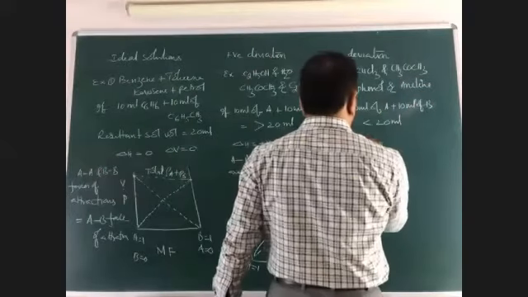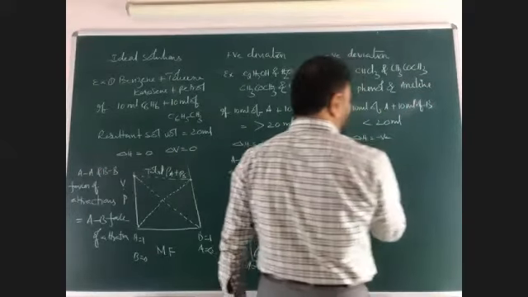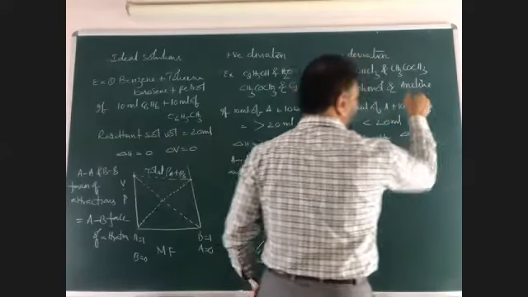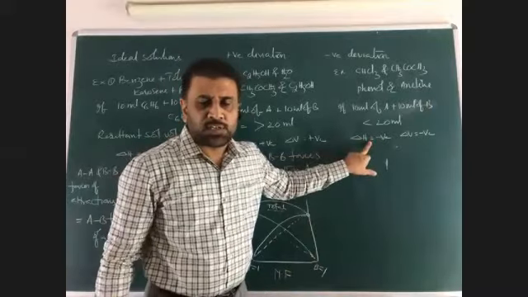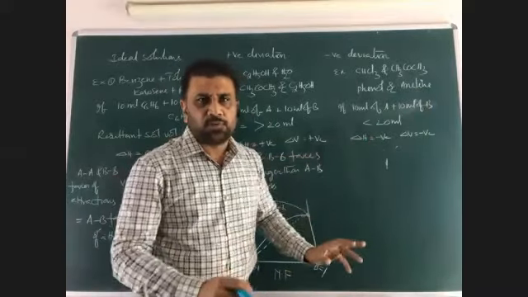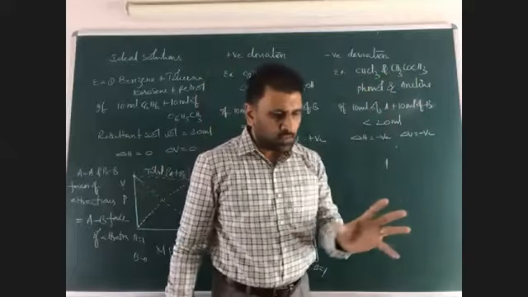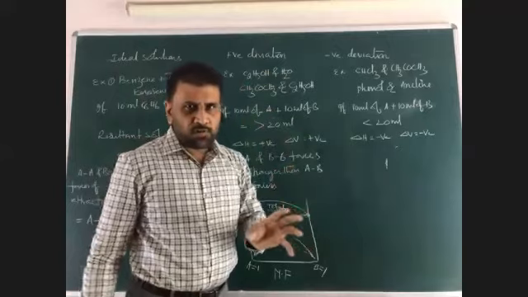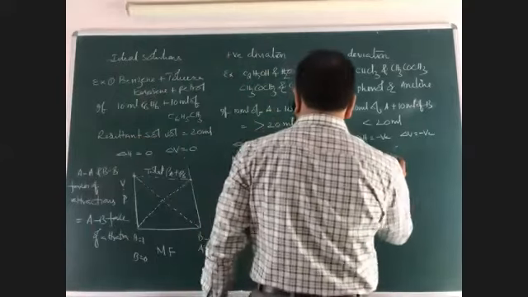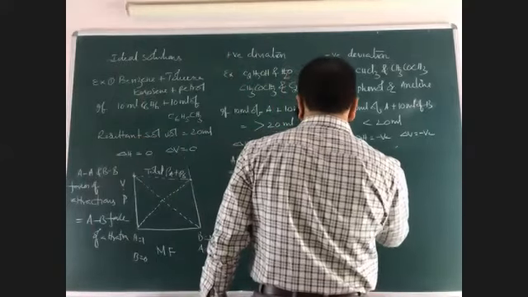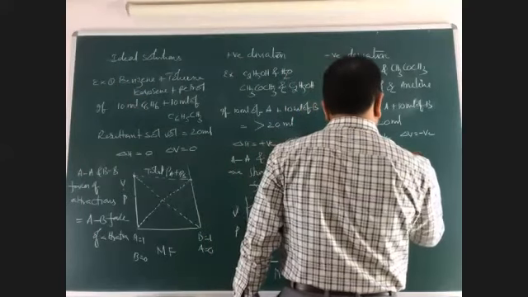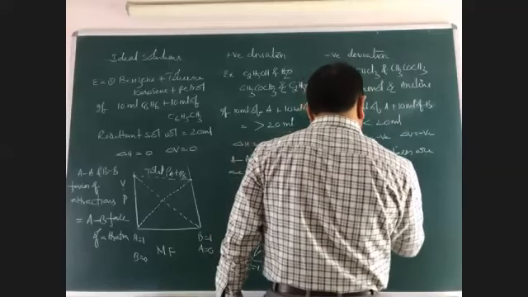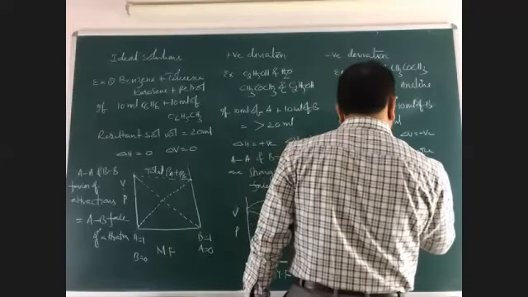So in this case, delta H is negative, that means exothermic. Delta V is negative, that means volume is decreased. Delta H negative means exothermic. The heat of solution is negative. When chloroform and acetone combine, the solution heats up. When these two combine, the solution cools down. This is the case with AA and BB forces being less than AB forces.